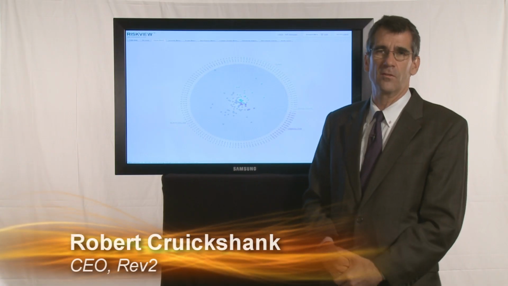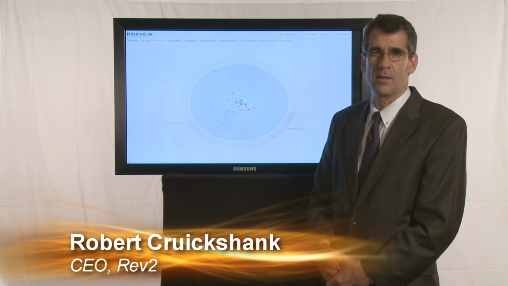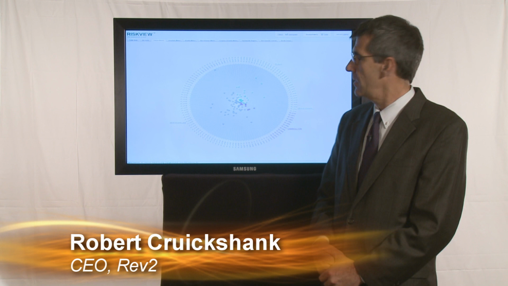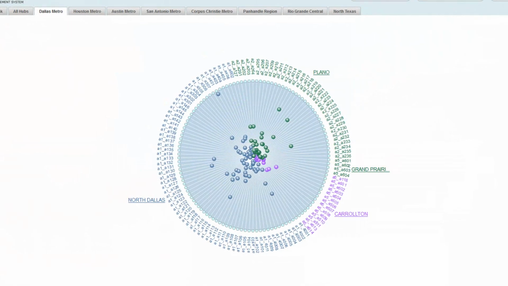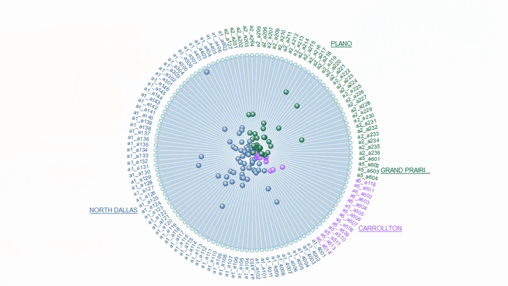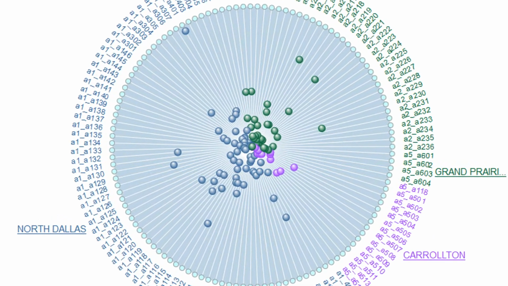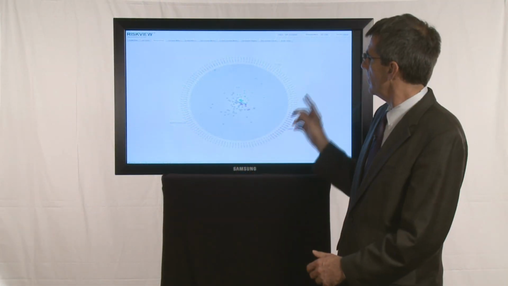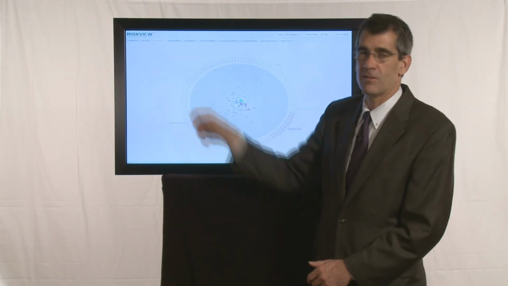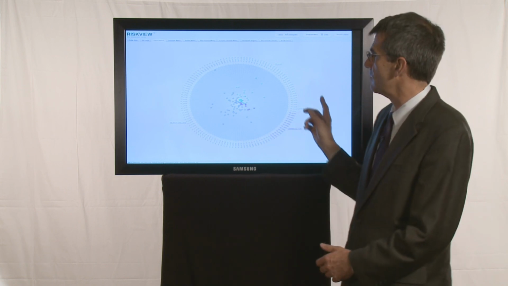I'd like to show you the RiskView system and how it drives costs out of the network while raising customer satisfaction. In this radar diagram, we can see different portions of the network. Each dot represents a node serving 500 homes in a neighborhood. These all happen to be in what's called the Dallas metro area, and there's a maintenance person responsible for taking